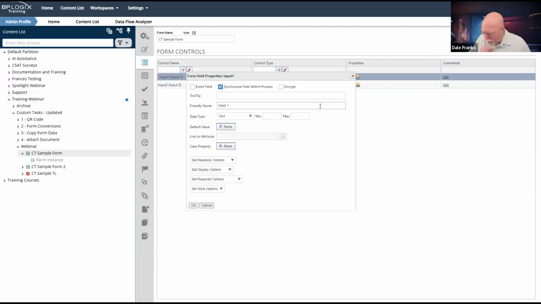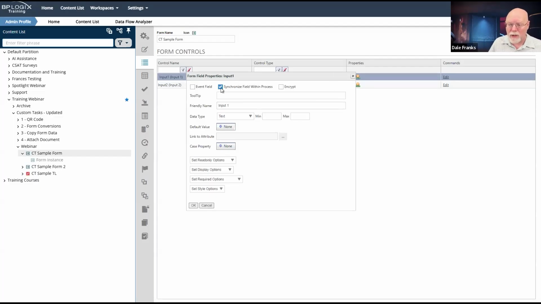Now, there are many circumstances where I just do want to copy the data, and I only want to copy it discretely at one specific point in time, and what happens after that just happens.